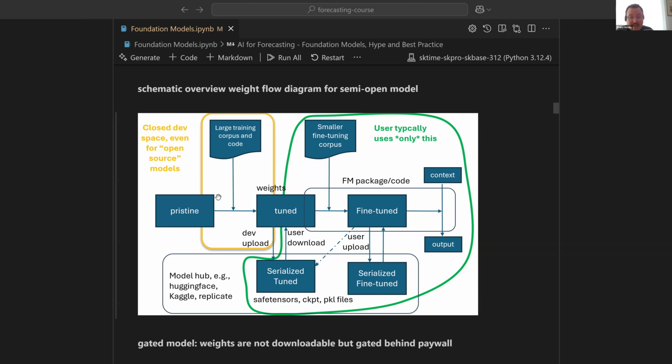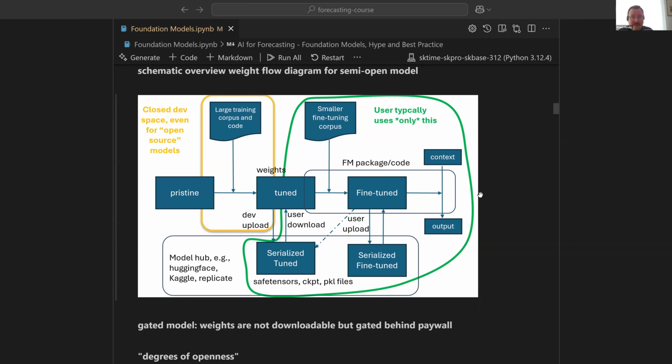And if you're looking at the gated model, then you cannot see any of this. All you see is this very last bit, context and output, and the rest is gated. So it's hidden, right? Therefore gated behind a commercial paid API. So the weights are then behind the paywall, and all you can do is the actual act of producing a